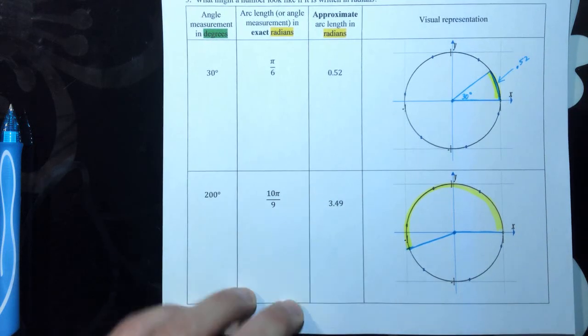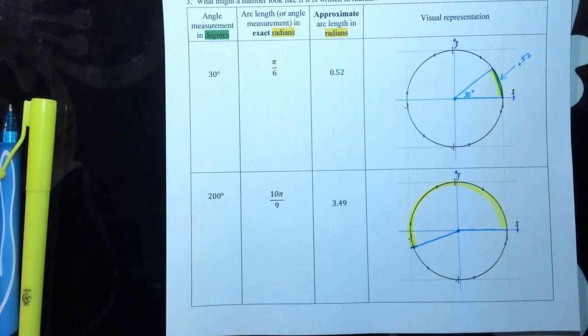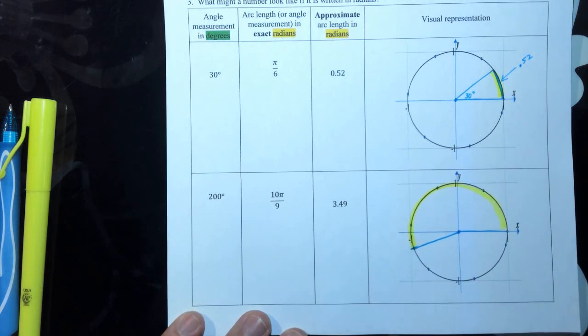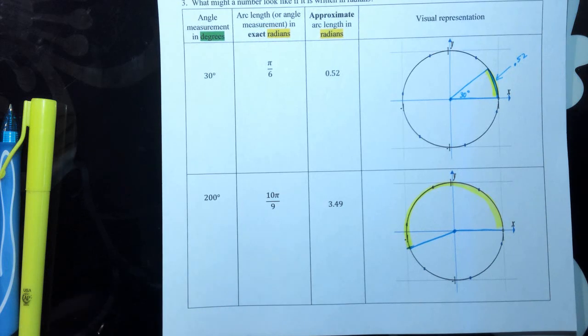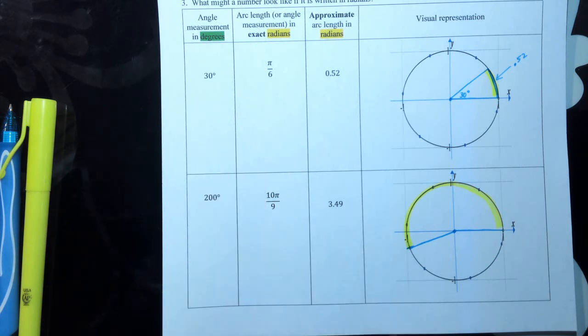That, however, does not, and that's what I'm going to teach you in the next part of the lesson, and the next video. So hopefully you understand a little bit about what radians are. Radians are how long is the length of the arc. Degrees are for angles. Yeah? They are interchangeable. It just sounds weird to say, oh, that angle is pi over 6 radians wide or whatever. It sounds weird, so that's why we use degrees, or we're used to degrees. Next video, I show you how to convert, and that's what the